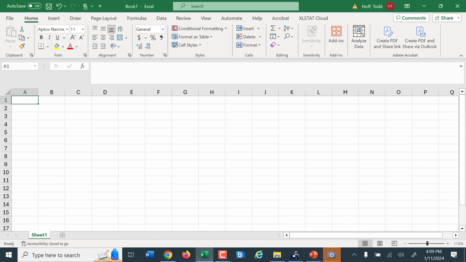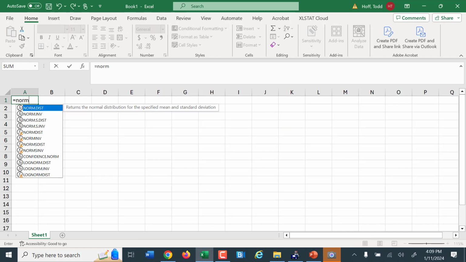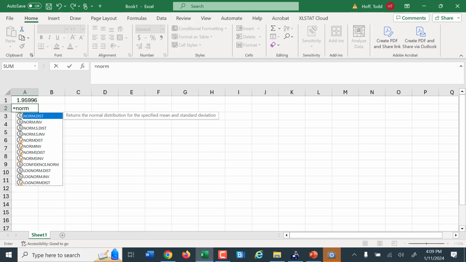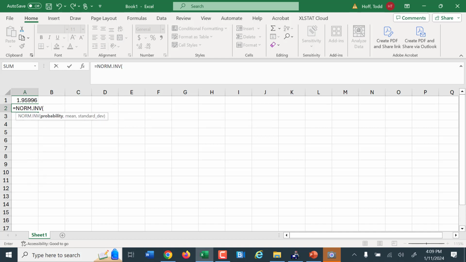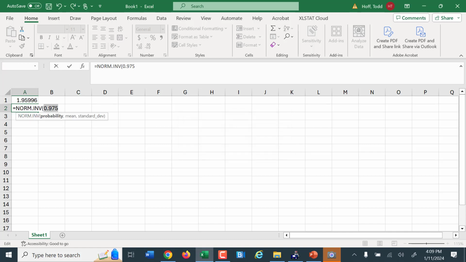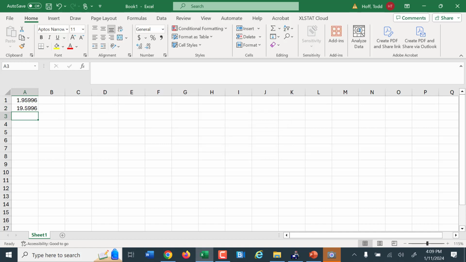If I go to Excel here, I want my inverse normal function. I'm just going to put in 0.975, mean of 0, standard deviation of 1. Now, if I leave out the mean of 0 and standard deviation of 1, by the way, Excel will assume that it's 0 and 1. Oops, this is not going to allow me to do that. The newer version won't allow me to do that. We do have to enter the 0 and 1 so that it knows that we are discussing